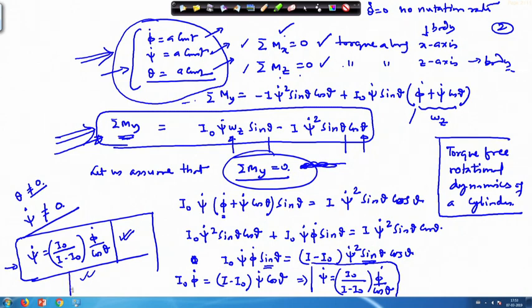So, from there we got the rigid body dynamics, this precession rate, how it is connected with the spin rate, and this we have done already. So, long back we have done this, no need to discuss this part. Okay, so, we recovered the torque free rigid body dynamics from this place. Thereafter,